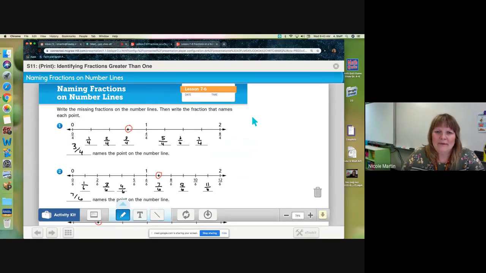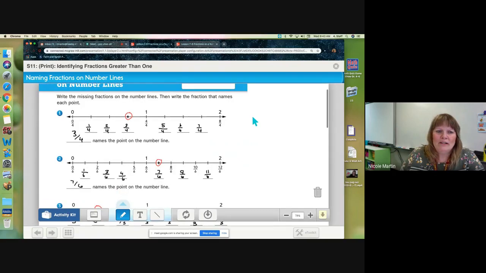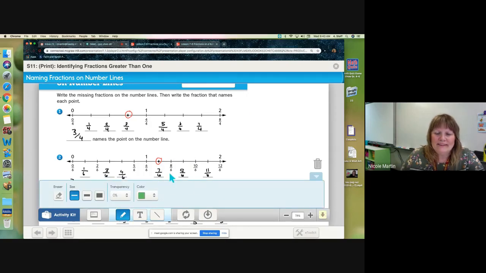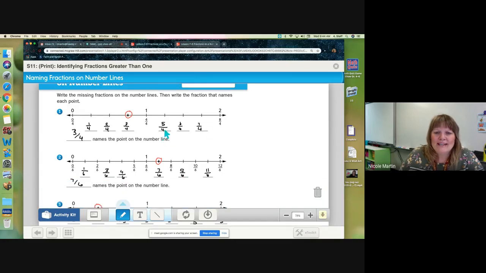Now, we've been learning about numbers that are bigger than 1. When we look at this first number line, they had us identify 3/4. If we look after the 1, we're going to see some fractions that have a bigger numerator than the denominator. When the numerator is bigger than the denominator, you know those fractions are greater than 1 because the top number is bigger than the bottom number. So when I look at that 5/4,